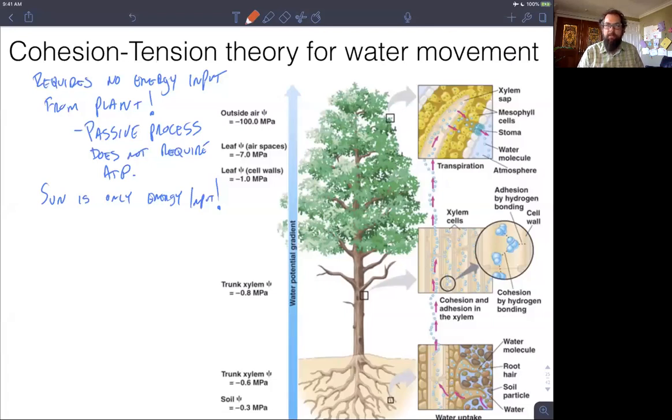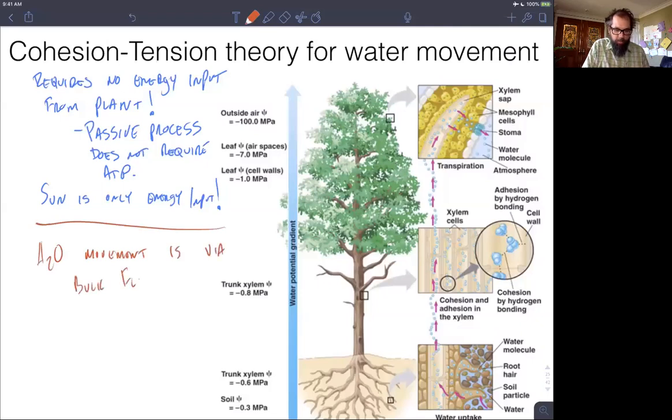It doesn't require ATP to move water through the plant. The sun is the only energy input. And I want to emphasize one important point here, and that point is that water is moving through the plant via bulk flow. So H2O movement is via bulk flow. And what I mean by bulk flow is,